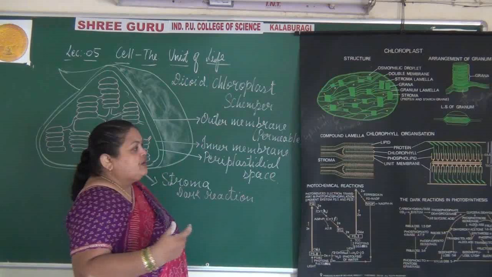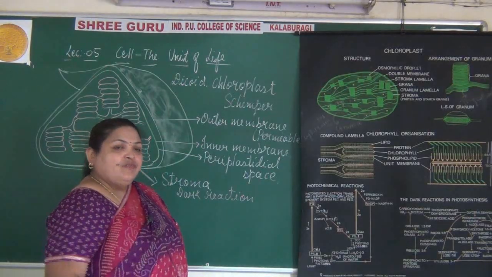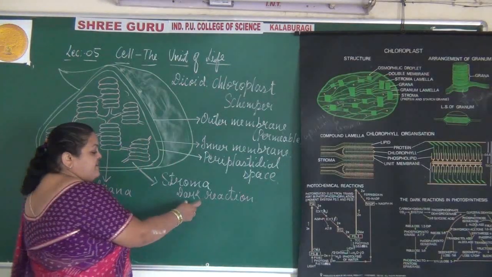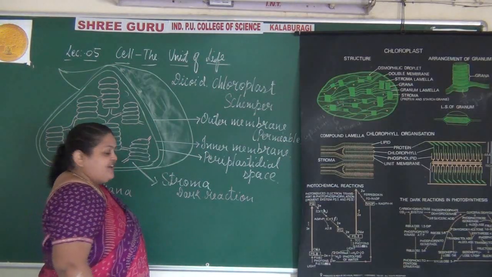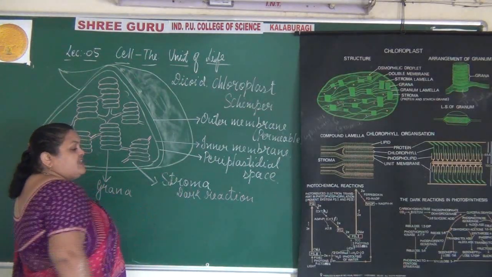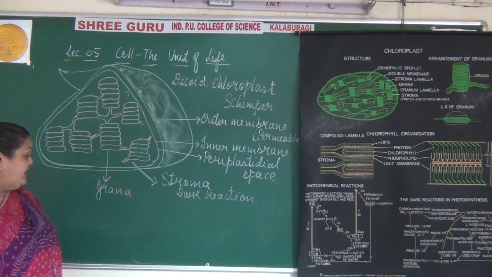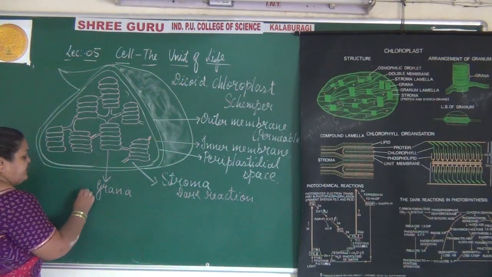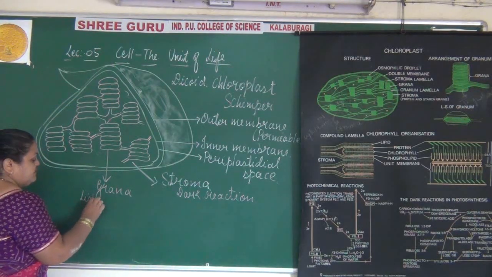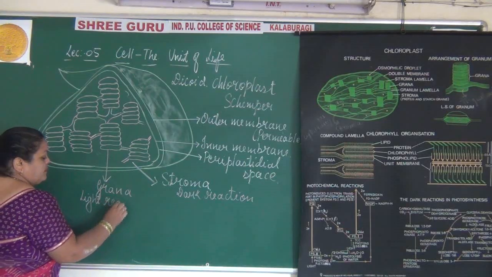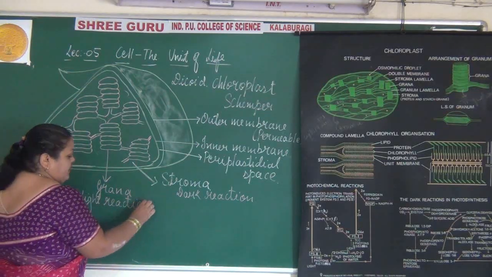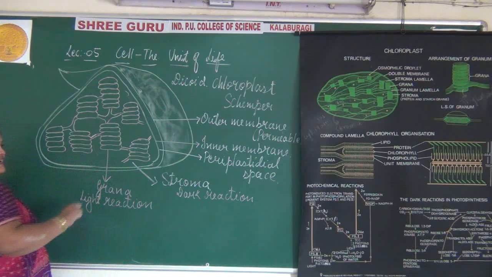So there is a photochemical reaction. In that photochemical reaction, one reaction is known as a dark reaction that occurs in the stroma, while the grana are the site of light reaction, where the grana contain